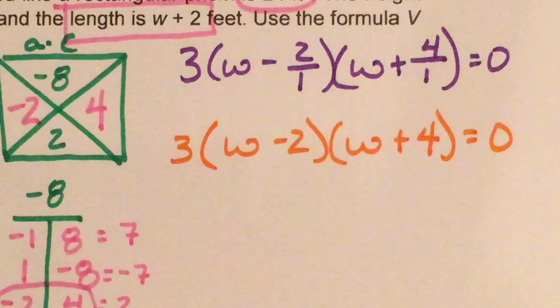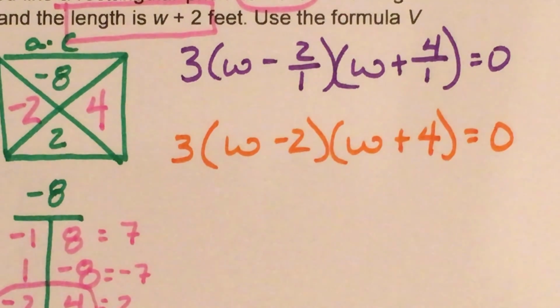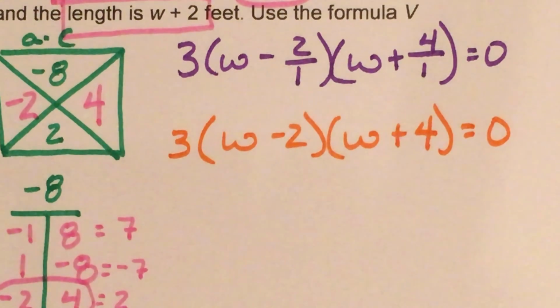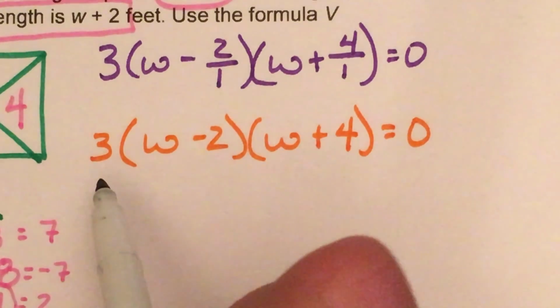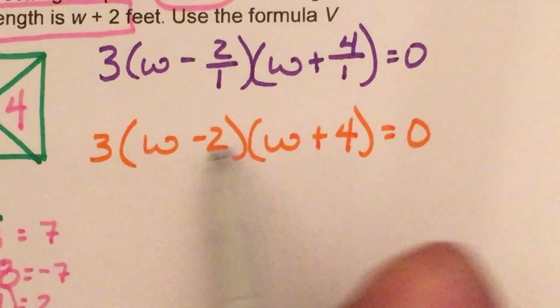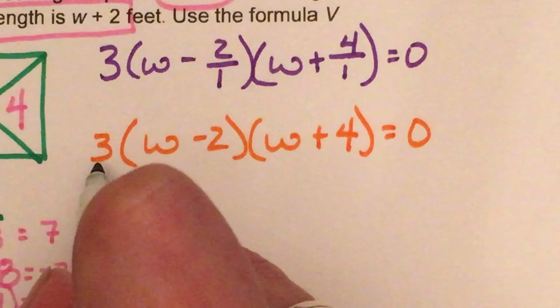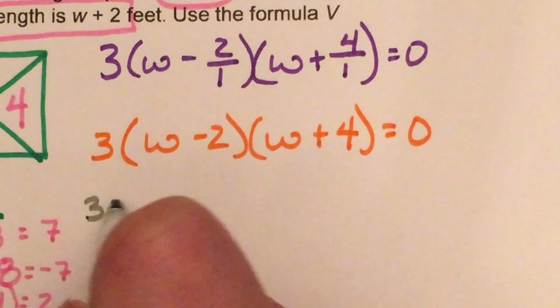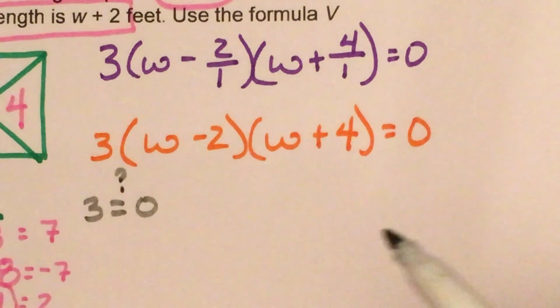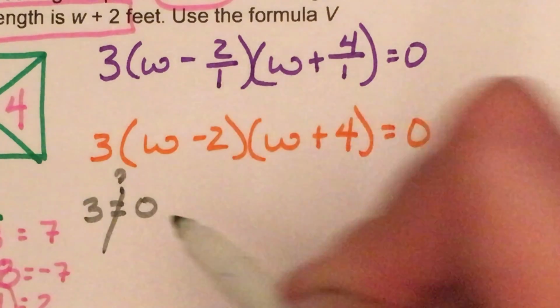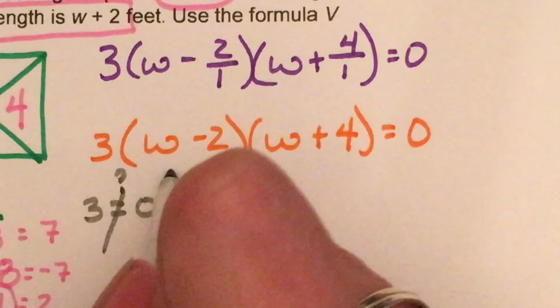The hard part is over. Now, we have a little bit of a discussion. I have this 3, and we've been setting these pieces equal to 0. And you have a factored out 3. Can 3 equal 0? No. I don't care what it is. 3 anythings will not equal